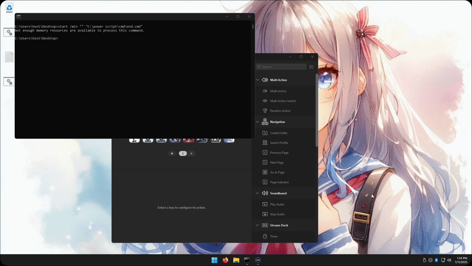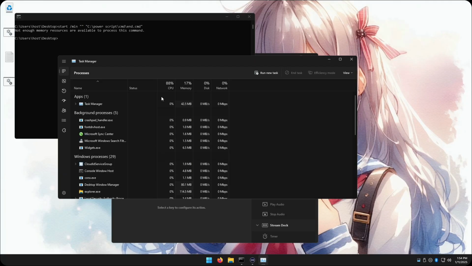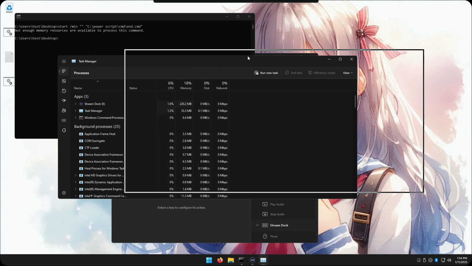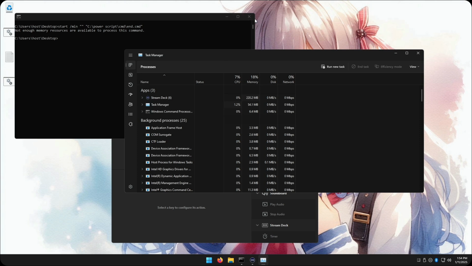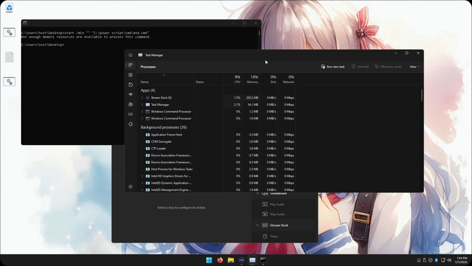Because if we go Control Delete, see how much process power this actually uses, because it's running out of CPU. So if we double click this and then click 4 and then pay attention to this,